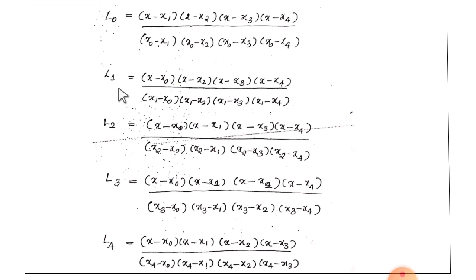And in case of L1, in the numerator we will exclude the term containing x1, while in the denominator we will include the term containing x1. Similarly for L2, we won't use the x2 term in the numerator, but we use it in the denominator. If you remember this formula, then it will be very easy to find the solution. So all of you have to study this formula. That's all in today's class. Next class we can learn about Hermitian interpolation and so on.